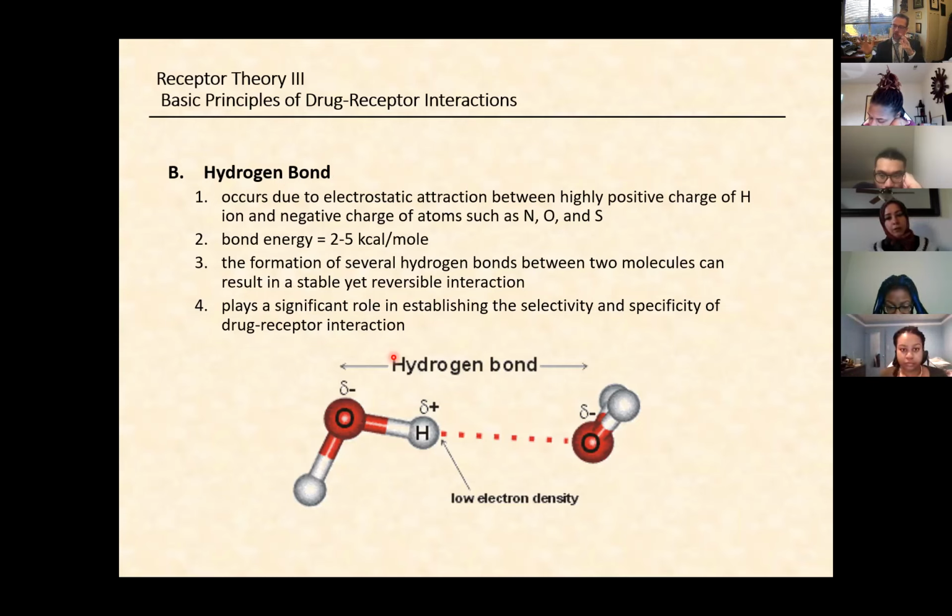The more hydrogen bonds that form, the more stable the drug receptor interaction is. So even though the bond energy is very low with these types of bonds, if you form multiple bonds,